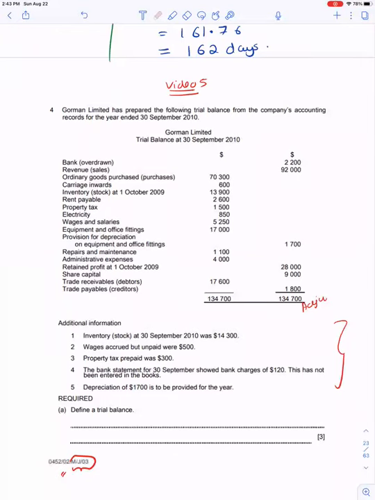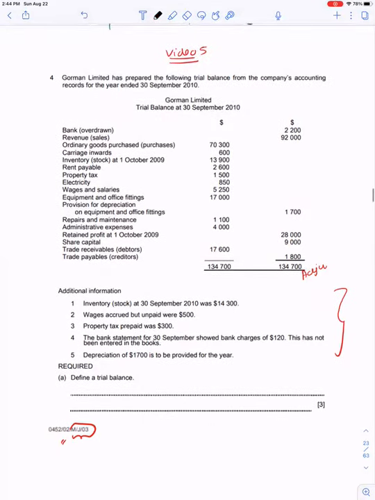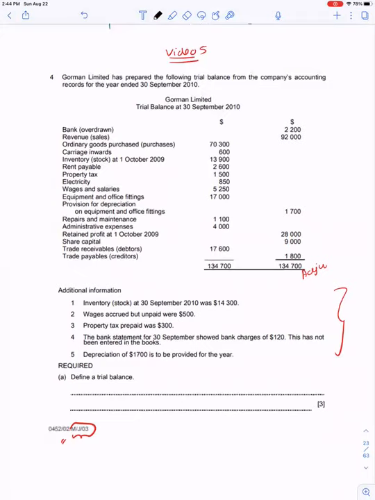Everyone. Today we are going to go on our next practice question for income statement of a sole trader. This is my fifth lecture, a practice session wherein we will be doing sums with adjustments. It is again a past paper question, May-June 2003, 0452, Paper 2, but with the adjustments.